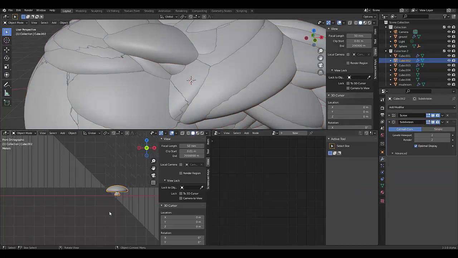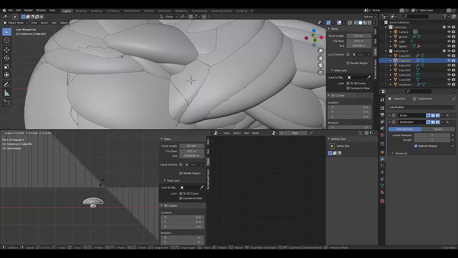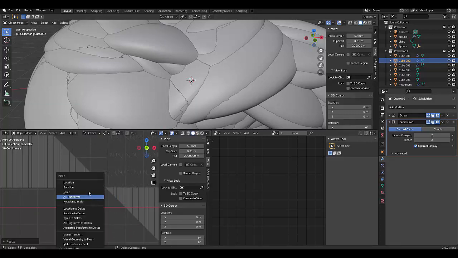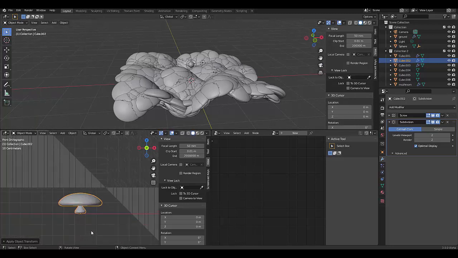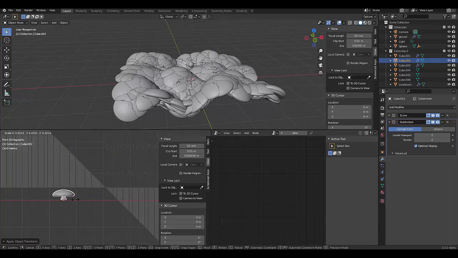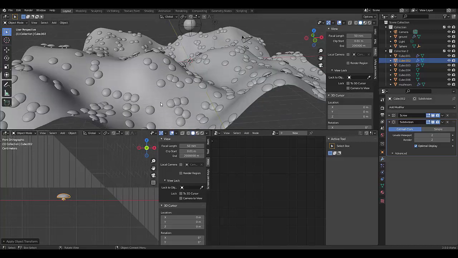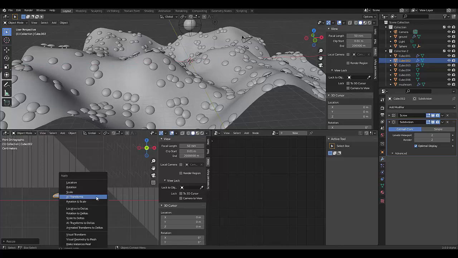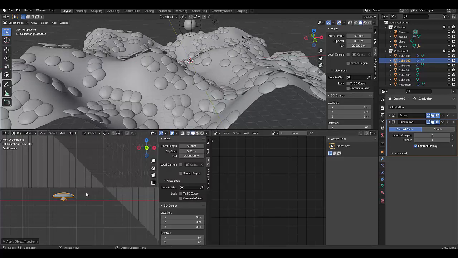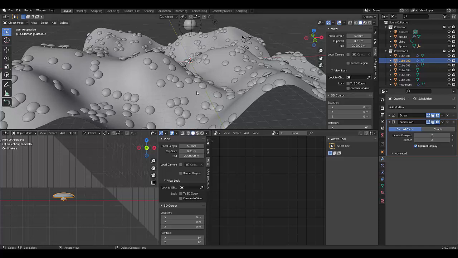So let's just zoom in over here. Press S, scale it down. Control A, apply scale. It's getting there. Zoom in. S, scale this down. Control A, apply scale. Yeah, that's S, X, S, Control A, apply scale. Control Z. I'll just leave it like that. That's fine. All right, now that we've done that one, which we need to rename, mushroom 2,